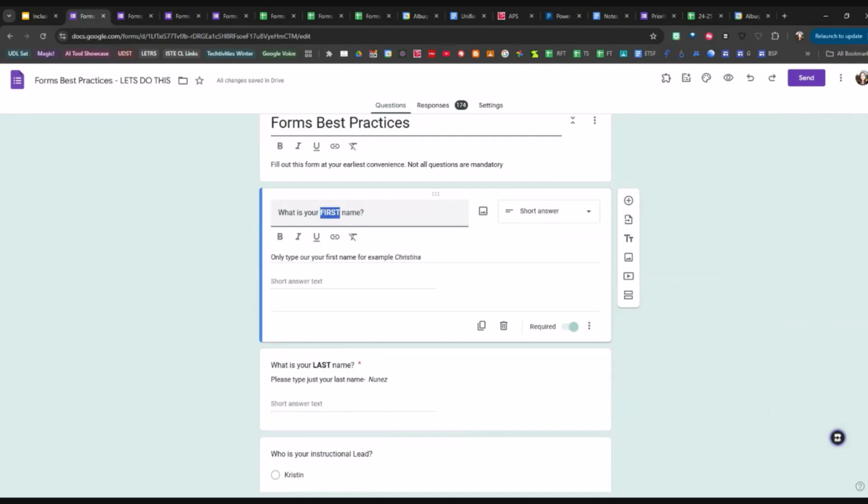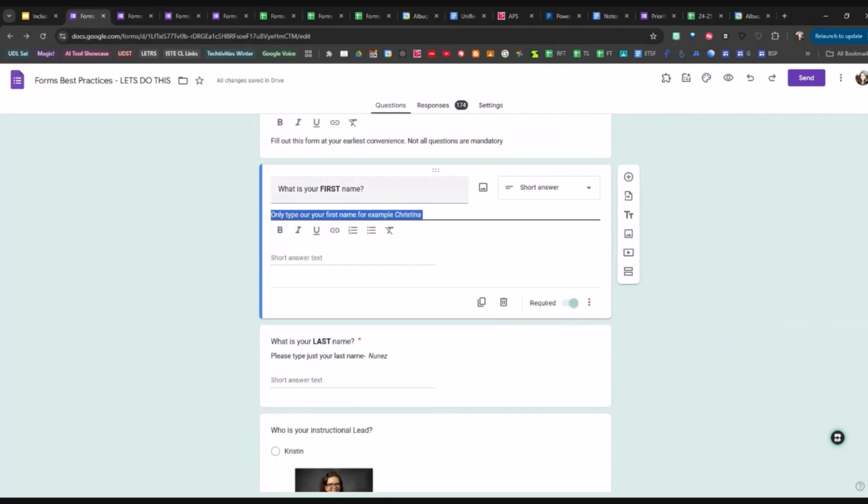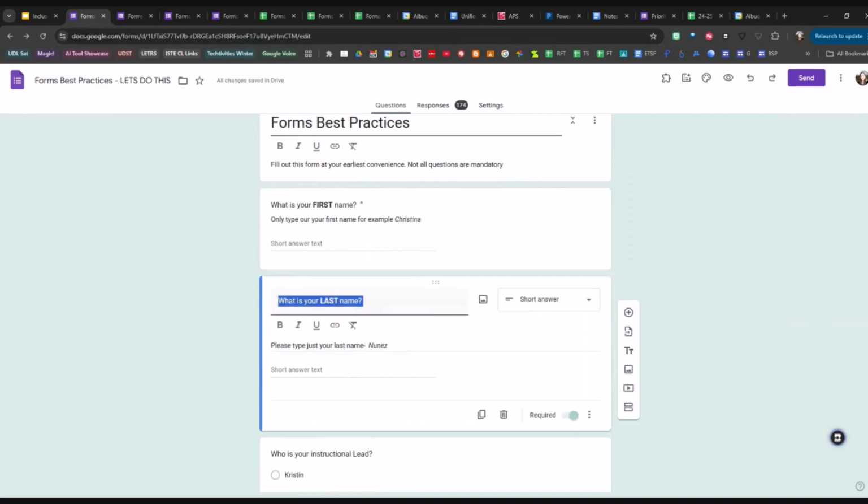Now, I did take advantage of capital letters and these text feature boxes here to edit the question. If I go to these 3 dots on this question, you can add a description. The description is for people who take the form, but they don't get exported out into the sheet with all of your data. I like to have a first name and a last name